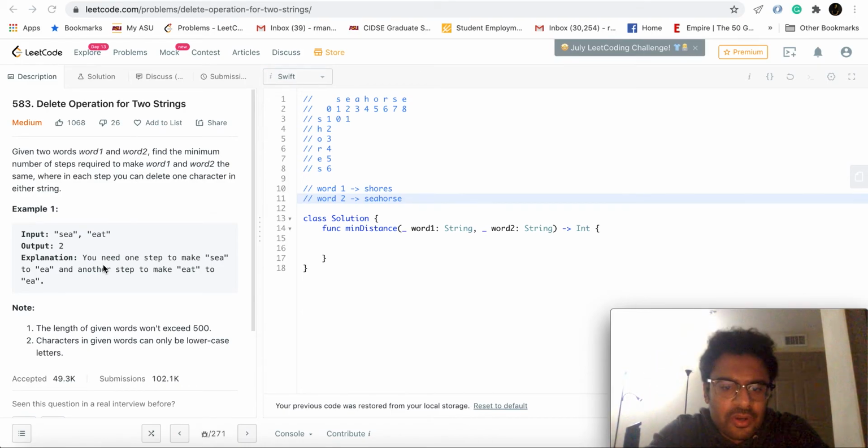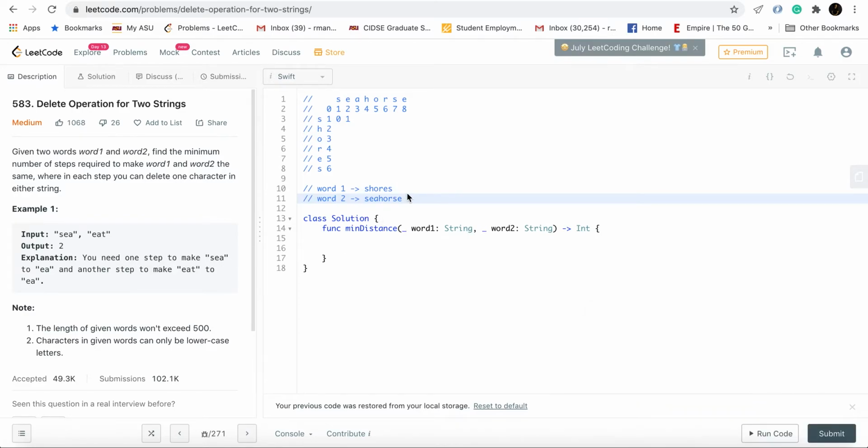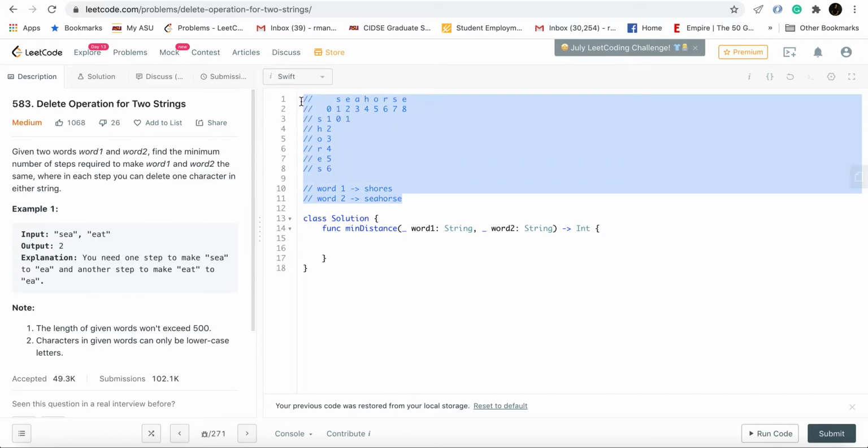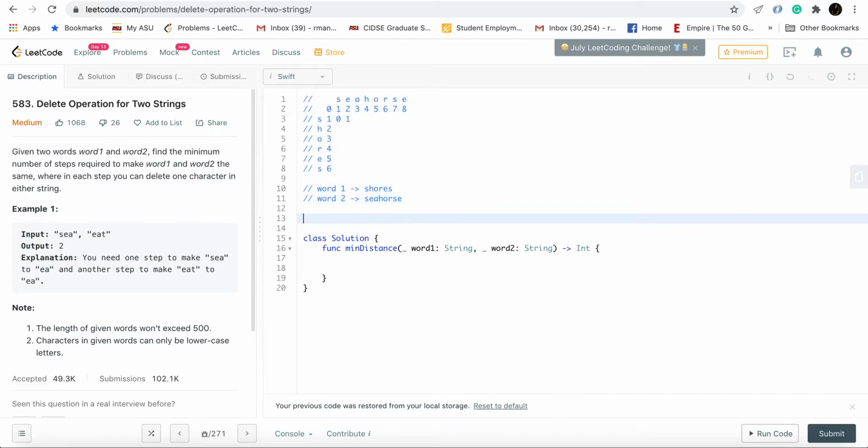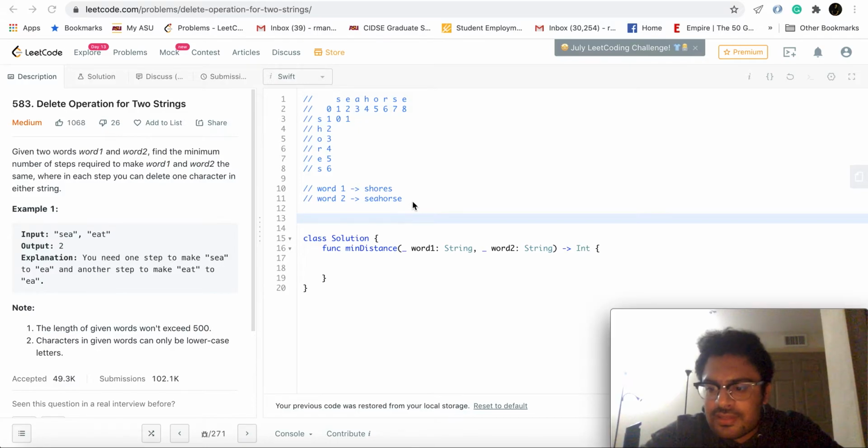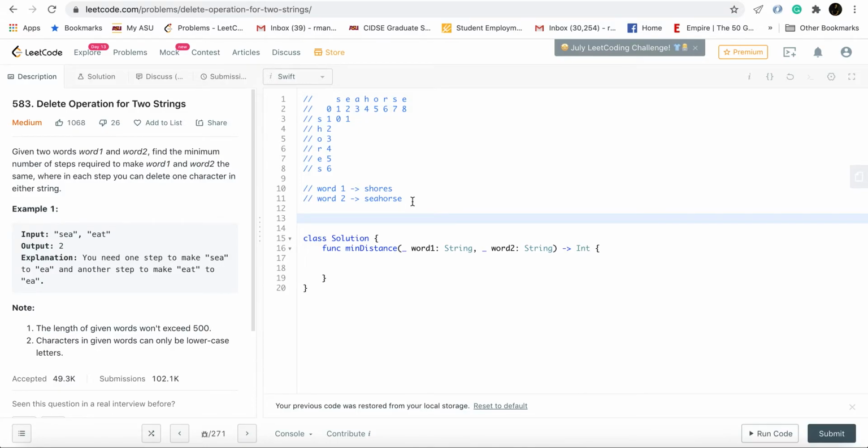So I'll go about defining the recursive structure of the problem first, because after that, just building the DP solution is easy. Please ignore this example for now. I've just put this out because I didn't want to waste time later while I was doing the video.